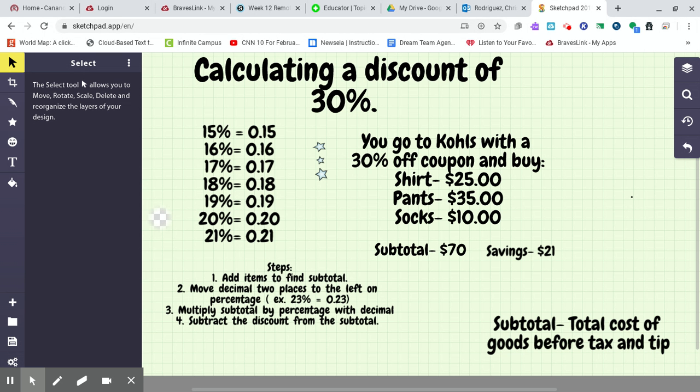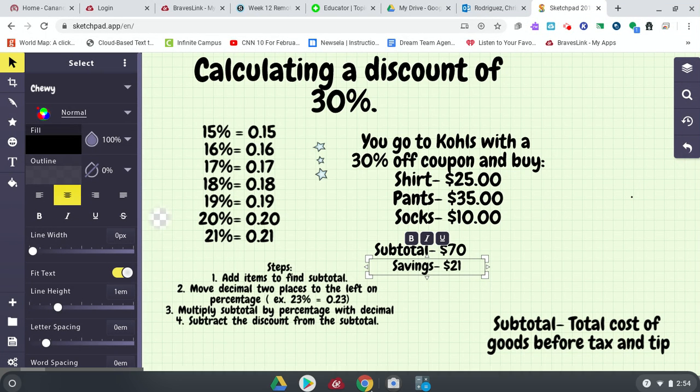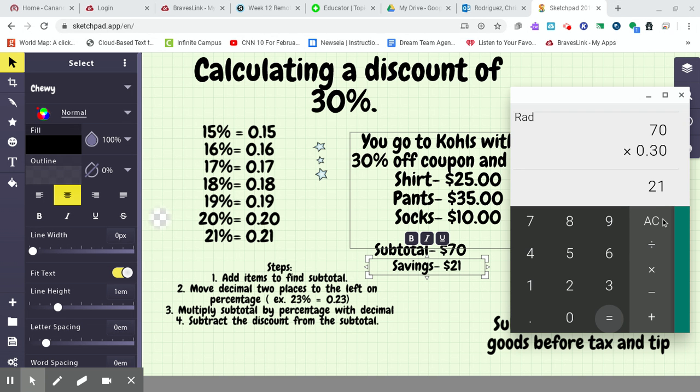So now, how much money is it going to cost altogether? I have to take my subtotal from step 1 and subtract my savings from step 3. So let's get that calculator out again. I have 70. You have to start with your subtotal. Always start with the subtotal and then subtract. That's the key difference there. Subtract $21, which is the savings of 30%. And so my new total for my pants, my shirt, and my socks is